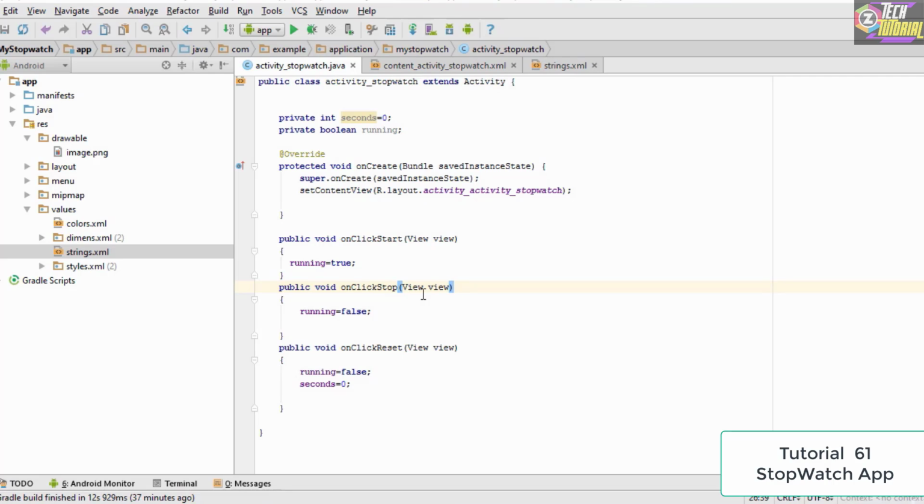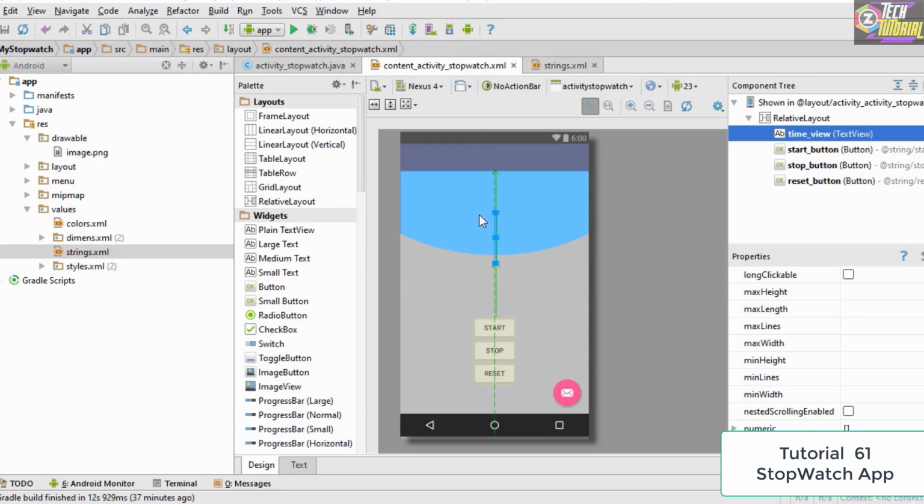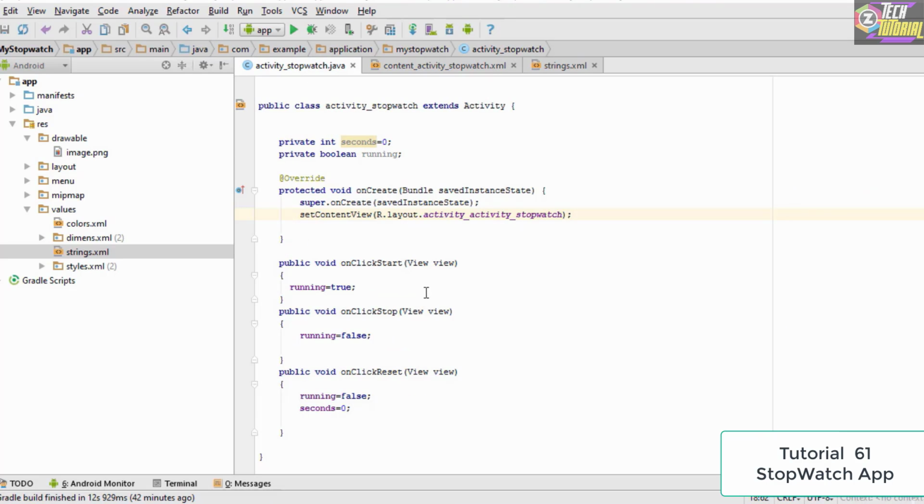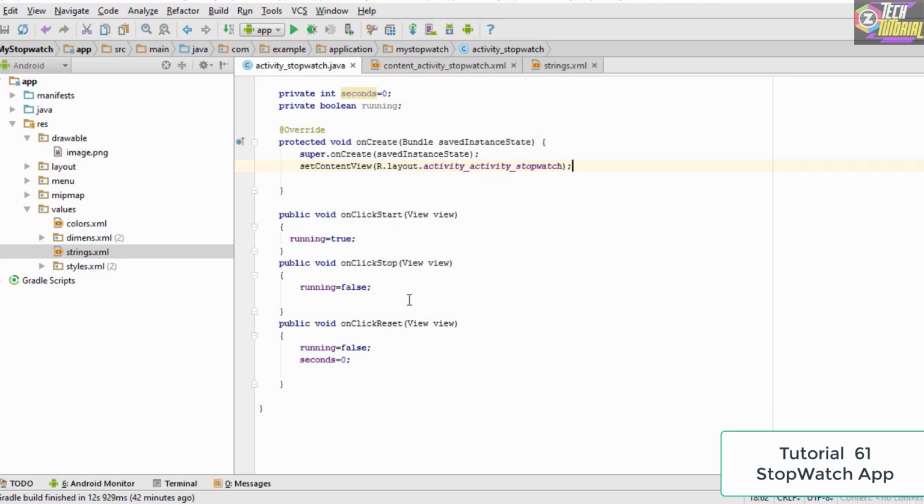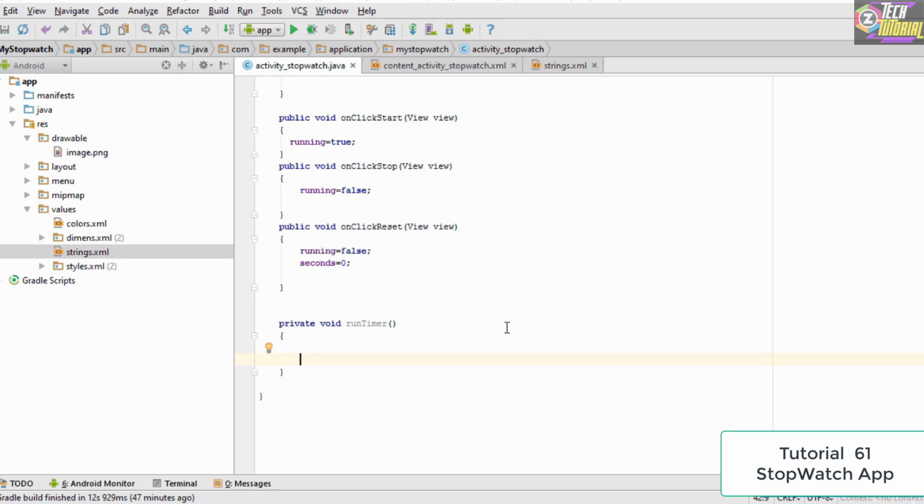And after we complete the code for the runTimer method, the idea of the stopwatch will be more clear to you, how the stopwatch performs and how it is going to change the time per second on this text view right here. So let's go ahead and create the new method which is called the runTimer method, so as to make our app functional. So let's go right below this onClickReset method, and here we are going to add in our new method. So let's type in private void,